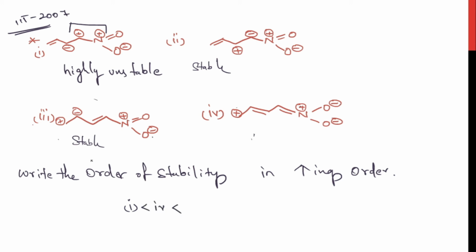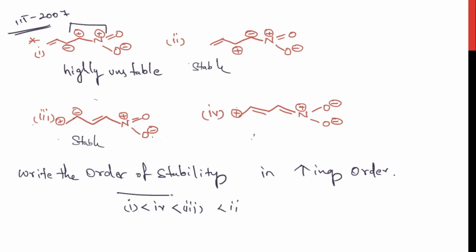Now we have to see which of the second and third options is more stable. In both, the unlike charges are closer to each other, right? But compared to the second option, the third option has a little gap between this negative charge and a positive charge. There are two atoms lying between these two charges. So the second option would be more stable than the third one, and the third option is less stable than the second option.